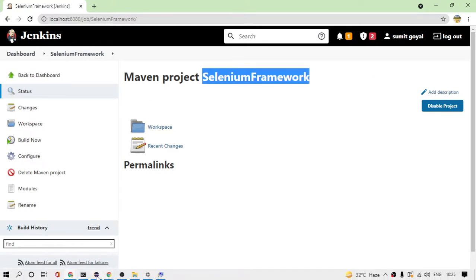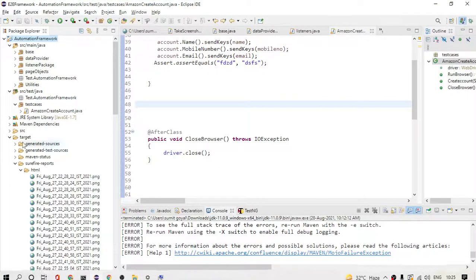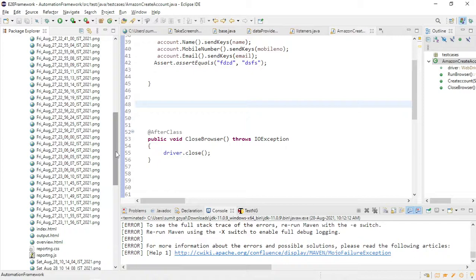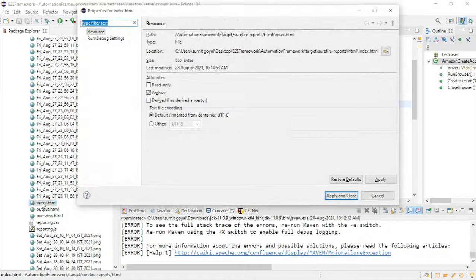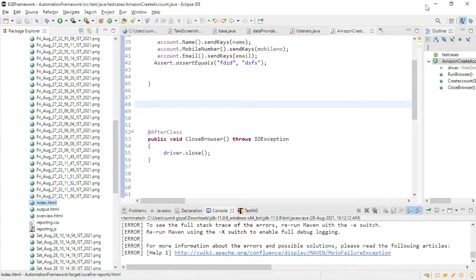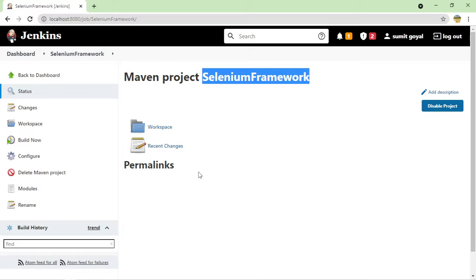Before that, as of now, this is our report. If I want this report to also be present in my Jenkins, this index.html file which is present here, I want that when our test case runs, we should be able to see that report here itself. We don't want to go to the Eclipse editor. So what we can do,